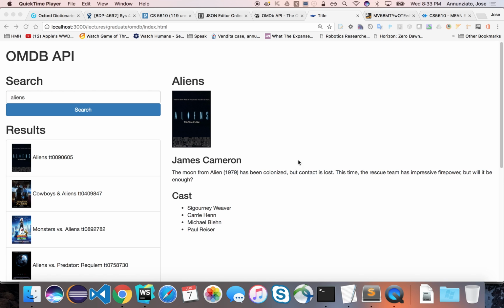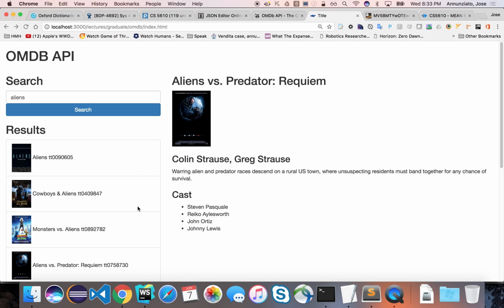Here we have a little application that we wrote that allows us to search for movies and then search for details of those movies. And it's built using Angular. Now Angular is a high-level abstraction that allows you to write code using a very strict design pattern, the MVC design pattern, and it forces you to divvy up the various concerns between views, controllers,